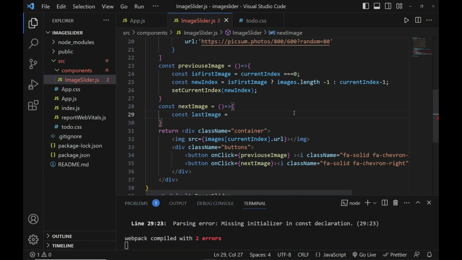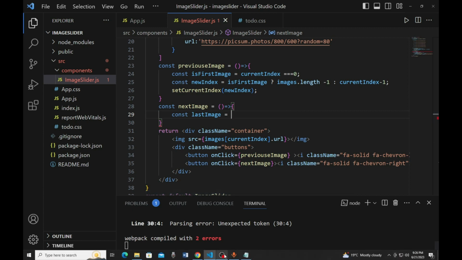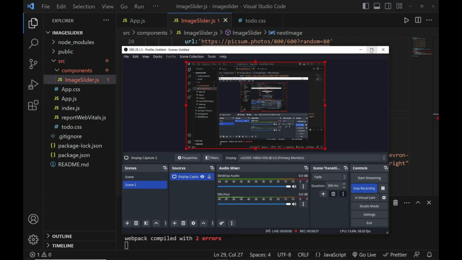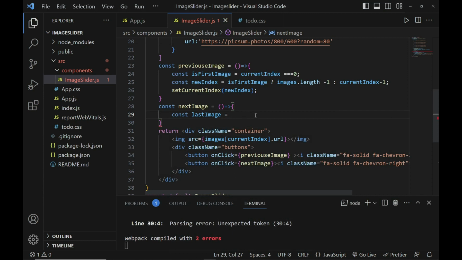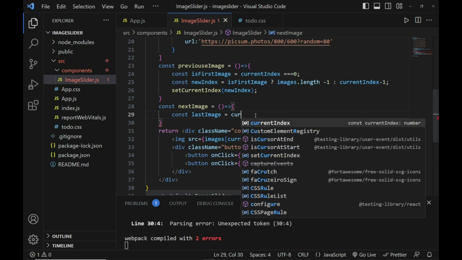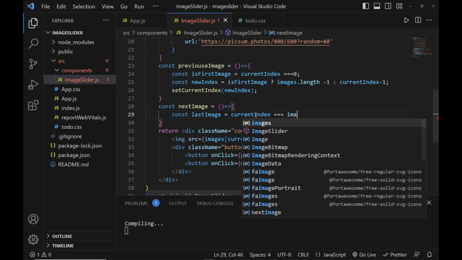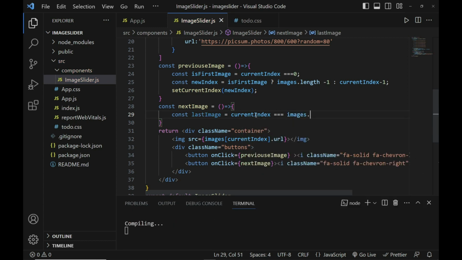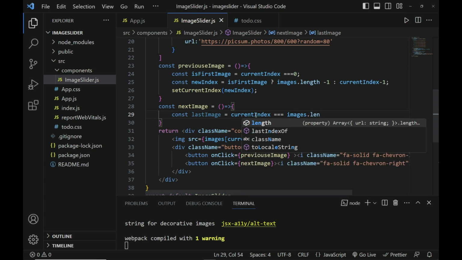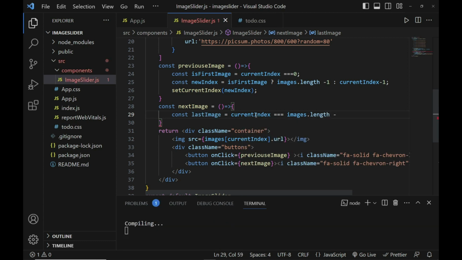Which will be equals to... so to check if the image is the last one, we are going to check current index is equals to image dot length minus 1. All right,